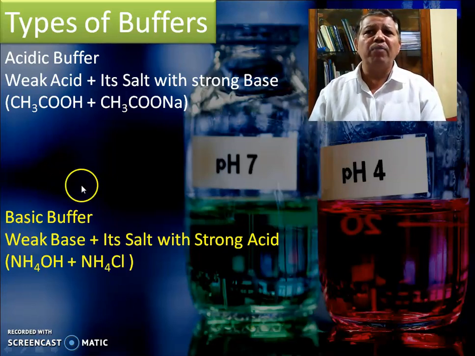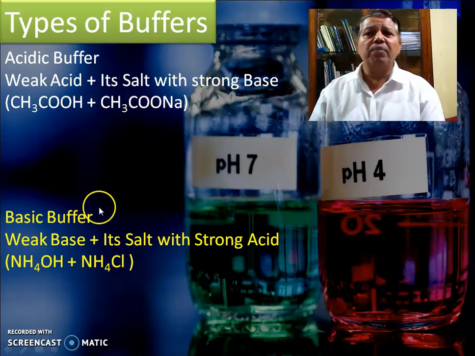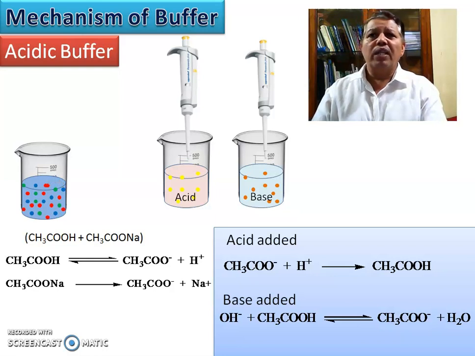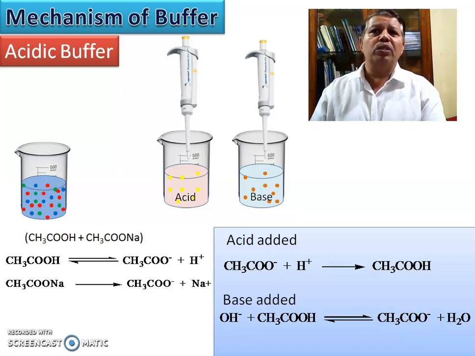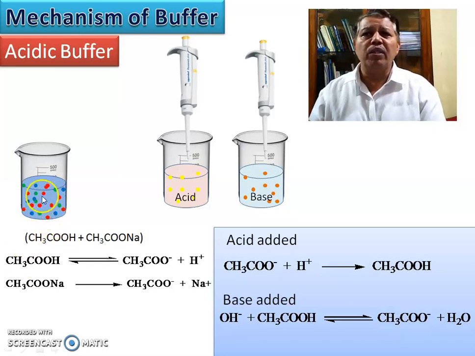An acidic buffer is a mixture of a weak acid and its salt with a strong base, like acetic acid plus sodium acetate, and a basic buffer is prepared from a weak base and its salt with a strong acid. Now, when we think about the mechanism of the buffer solution, take for example the acidic buffer, which is a mixture of acetic